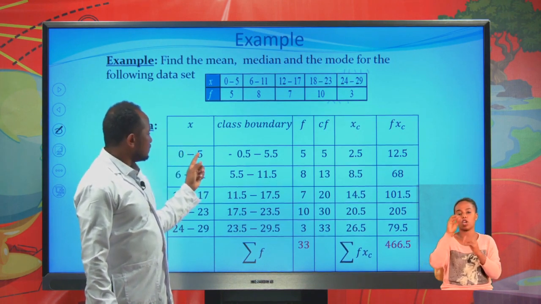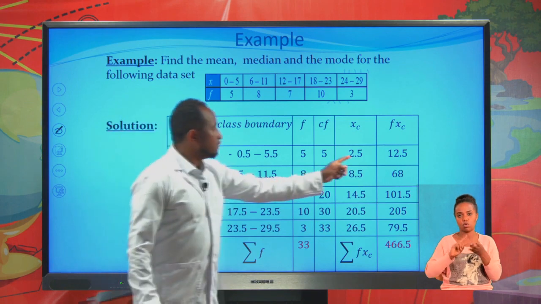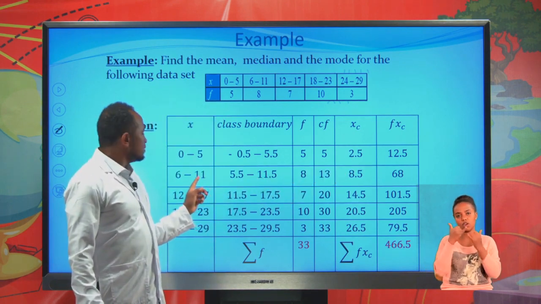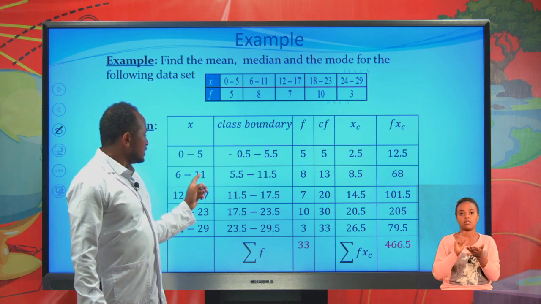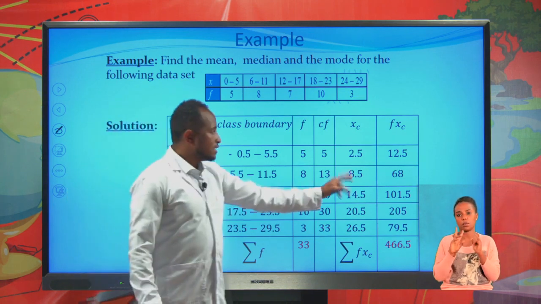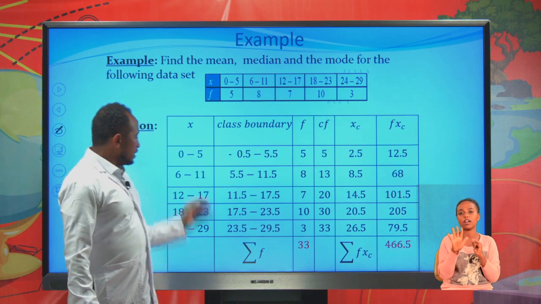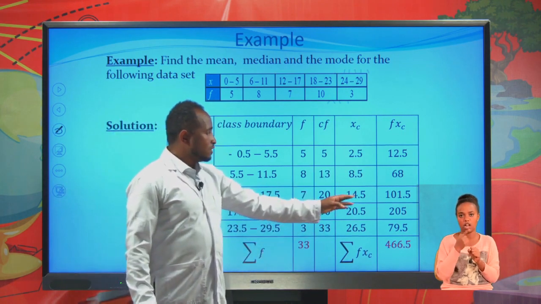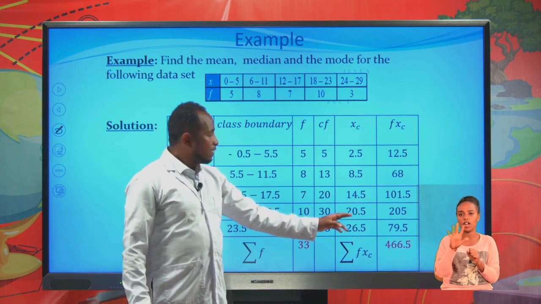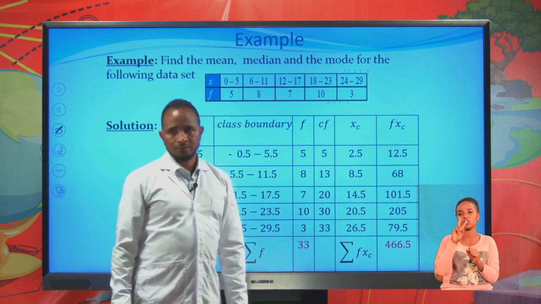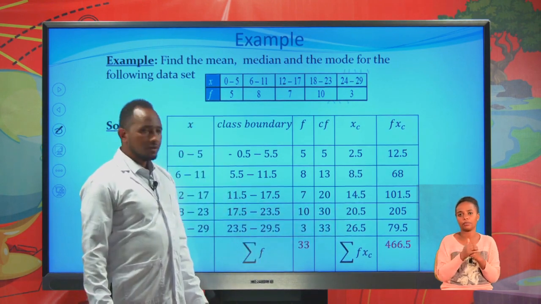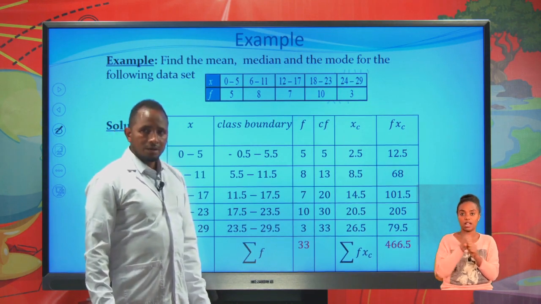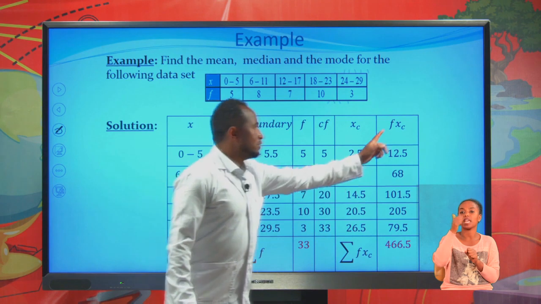0 plus 5 over 2, it is 2.5. Similarly, for the second class, the class midpoint will be 6 plus 11 divided by 2, it is 8.5. And you do the rest in a similar way, and you'll have 14.5, 20.5, and 26.5. After this, since we need to calculate the mean, we need to find this one,